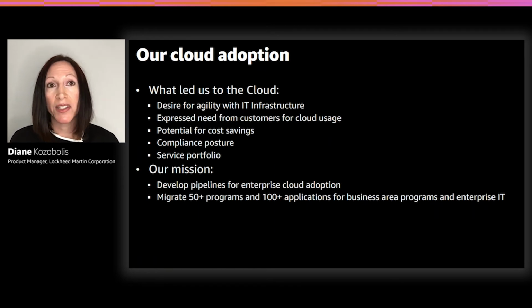With the rise of cloud service providers, there was a growing need from our customers for cloud adoption. Cloud offered the ability for agility within our environment as well as potential cost savings. We also wanted to help break down the silos and improve organizational processes with the use of cloud. We also had several applications that were already moving to the cloud, supported by Shadow IT. In order to support governance of that, the only way we could do that was by consolidating and managing cloud